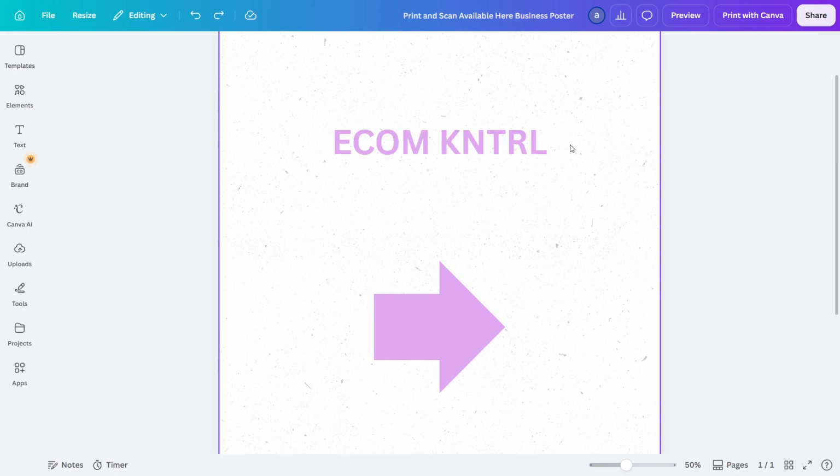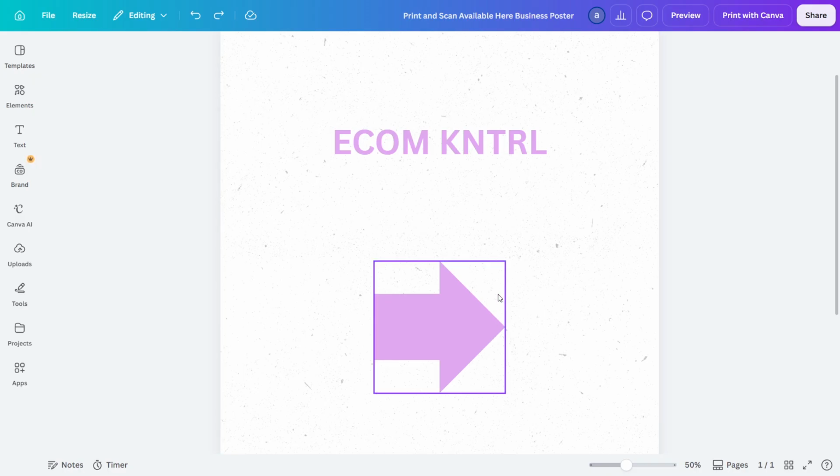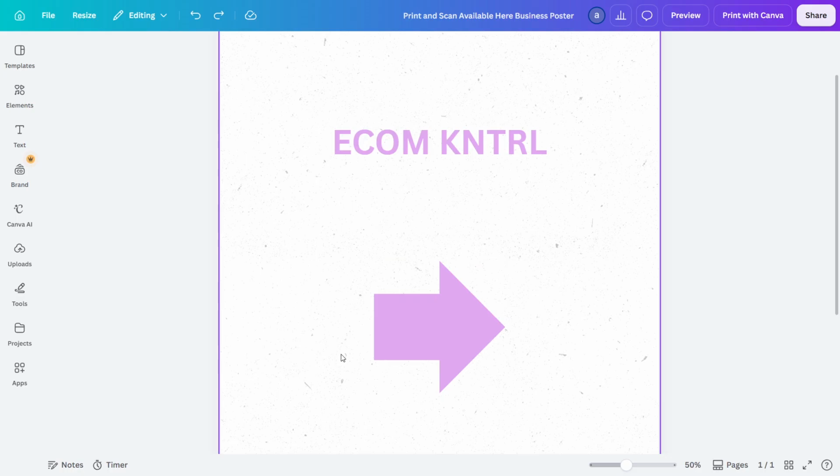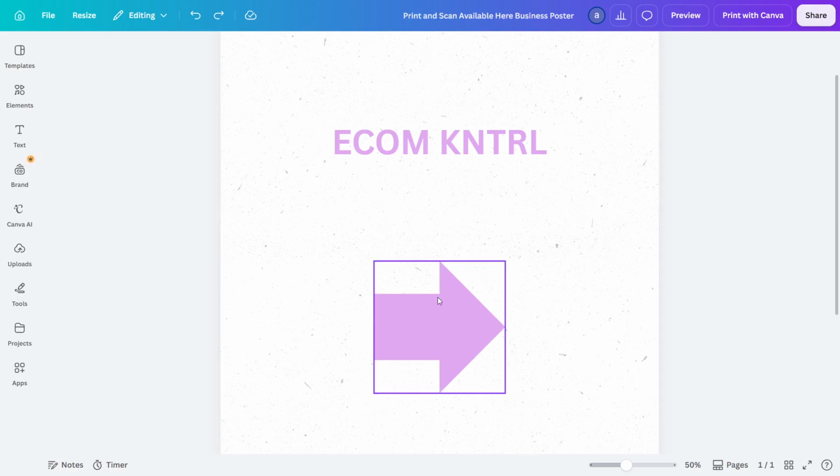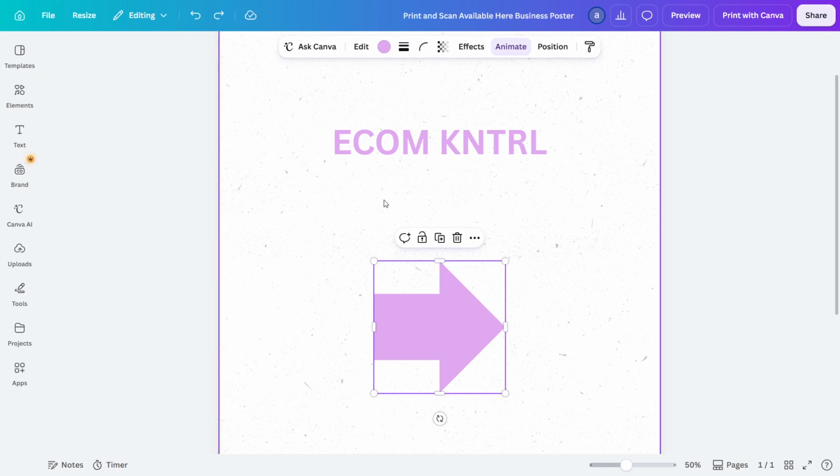Once your design is open, take a moment to locate the shape you want to edit. Next, click on the shape you want to outline. When the shape is selected, Canva will usually highlight it and display editing options in the top toolbar. Selecting the correct object is important here, because the border or stroke controls only appear when the shape itself is